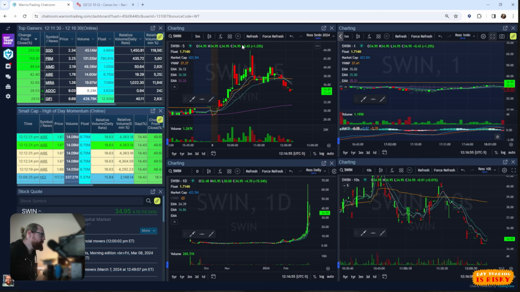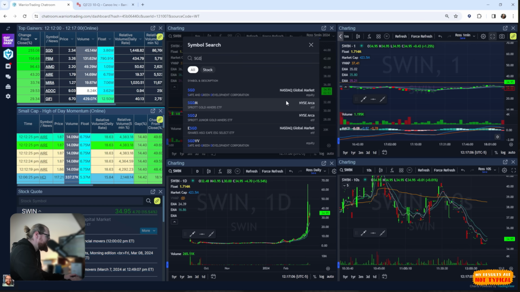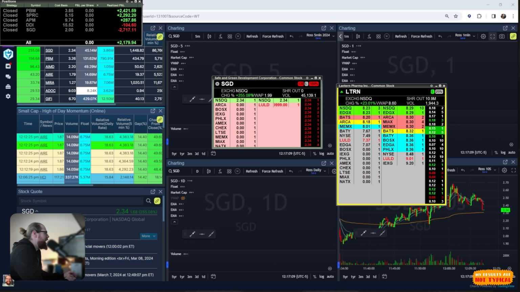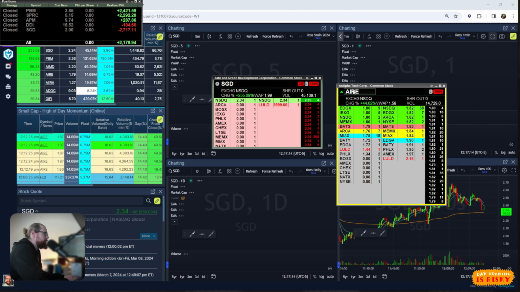I'm a day trader. I love volatility. I'm a hunter of volatility and a manager of risk. But the problem with SWIN is that it's so expensive that the halts indicate that the stock has a crazy amount of volatility. It's popping up and down 15 points in minutes. And then on the other hand, because the thresholds are so tight on lower price stocks, SGD is halting almost unreasonably fast. And another funny thing with SGD is that another stock today, like AIRE, let's see, AIRE, this stock,